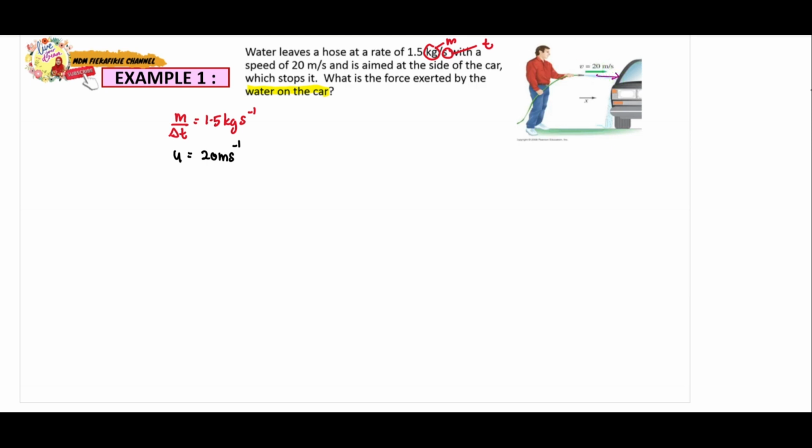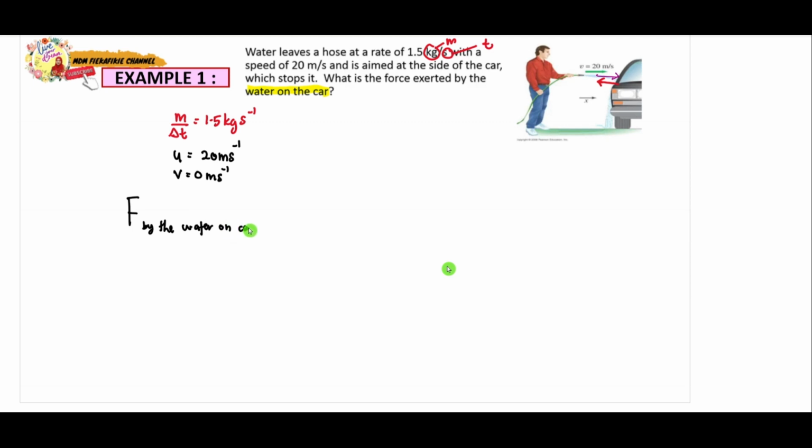Okay, so always remember that there is a force exerted by the water on the car. Okay, there is a reaction force daripada car towards the water as well, where the magnitude of the force exerted by the water on the car is equal to the force exerted by the car on the water, but in opposite direction. Okay, so now since the water will stop, the final velocity we consider as 0 meter per second. So we want to calculate the force exerted by the water